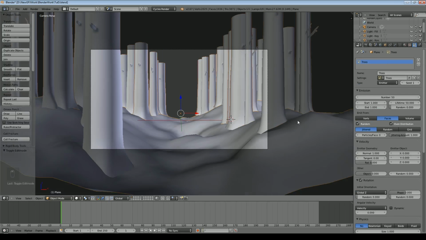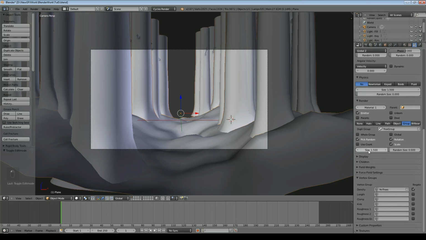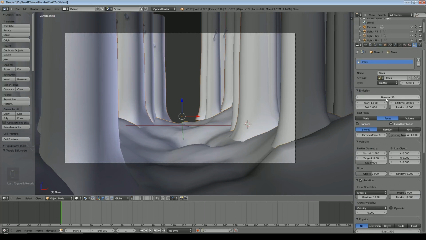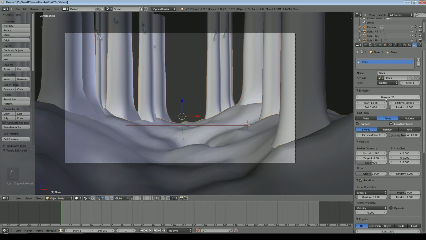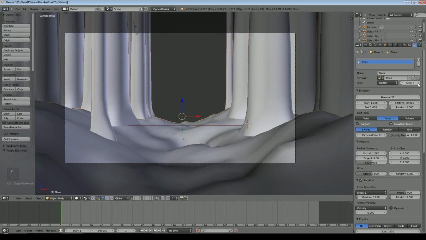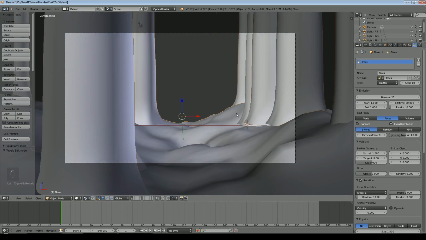Now you can see they're still not quite big enough, so we'll go for 1.5. They're definitely big enough now. In fact, there's way too many of them now, so we'll go for 25 trees. And now we can play with the seed, because that will change where the trees are appearing. We still need to move it down. I've got quite an extreme slope there, I think.